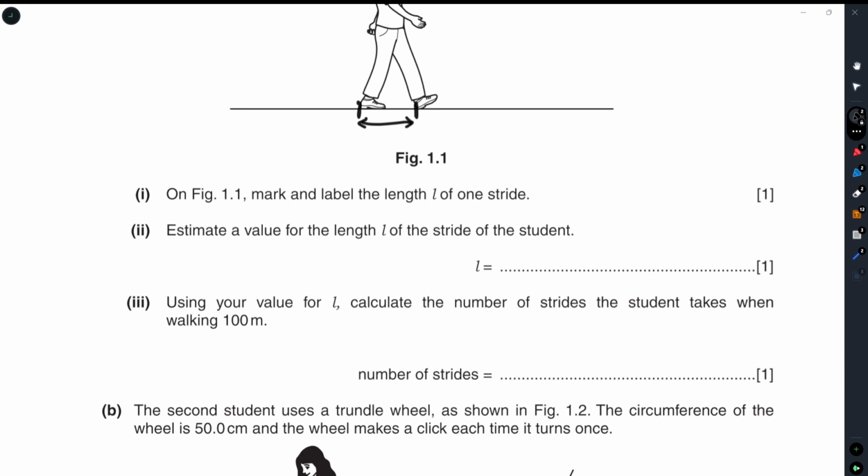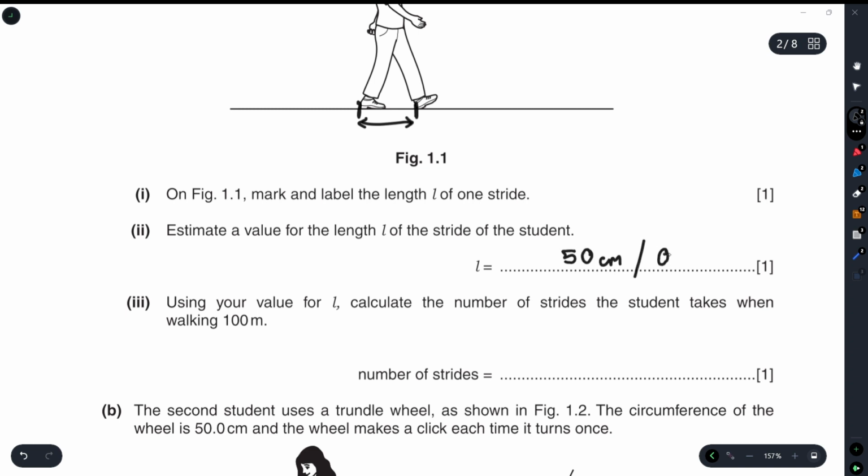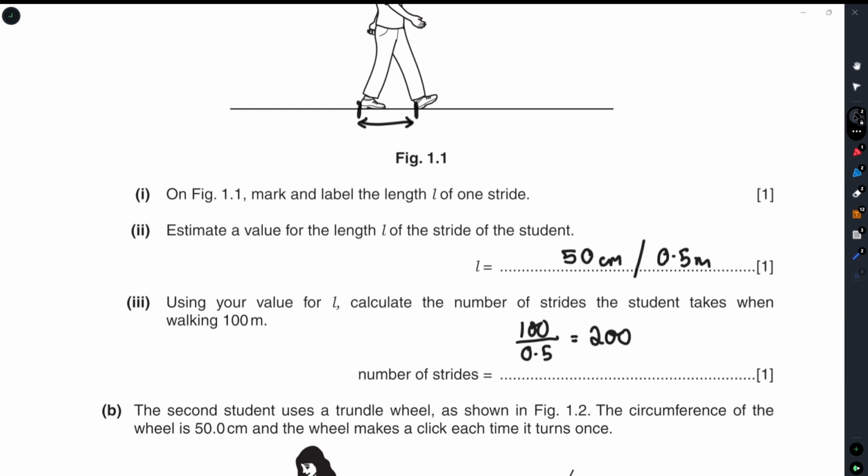1 foot is 12 inches, my bad, and 12 times 2.5 is around 30 centimeters. So you can take more than 30 as 50 centimeters or 0.5 meters. That would be one stride or one step essentially. Use your value to calculate the number of strides. So that's going to be 100 divided by the length of one stride, 0.5. So that's 200. Now the reason for taking 0.5 meters is